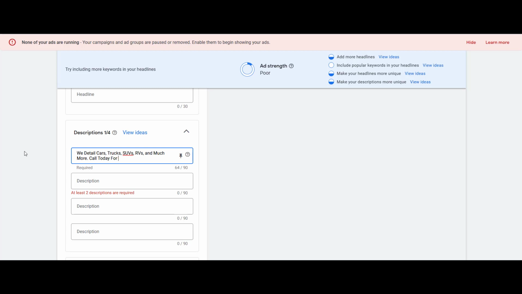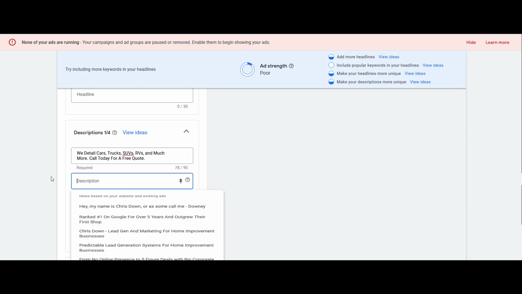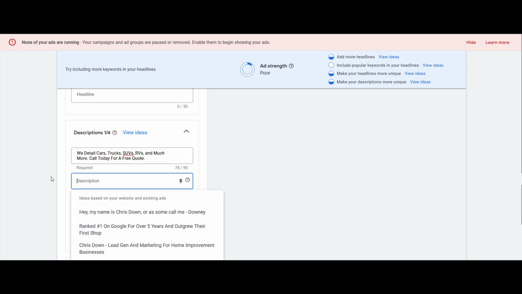Call today for a free quote, something like that. And you can see the little character counter down here. If I was sitting down and actually writing ads for an account, I would want to make the most of this space, because you have 12 more characters you could use. So there's ways that you can tweak it. You're going to have to spend some time and do that on your end. But that's one description. And then you could do another one,